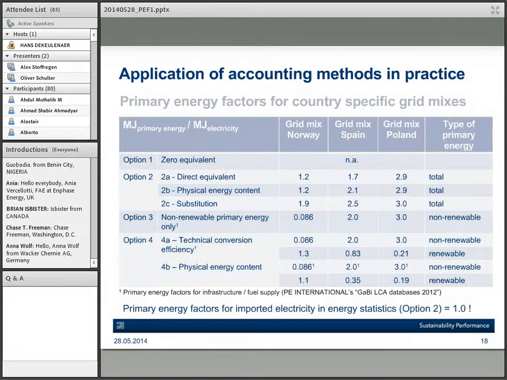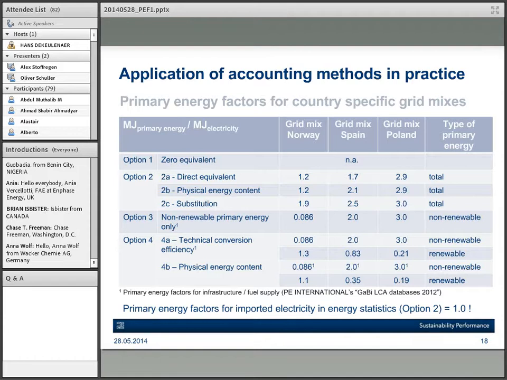what I see is that for Poland, of course, the numbers are very similar, which is clear because for the fossil fuels like the coal, all methods are more or less the same. What I see here for option 4 is, for instance, that I have in addition a little bit more which comes from the supply of the fuels, from infrastructure. So this is why it sums up to a little bit more than 3. But it's very similar. It's for most 3 megajoule per megajoule of electricity, and you see that as long as